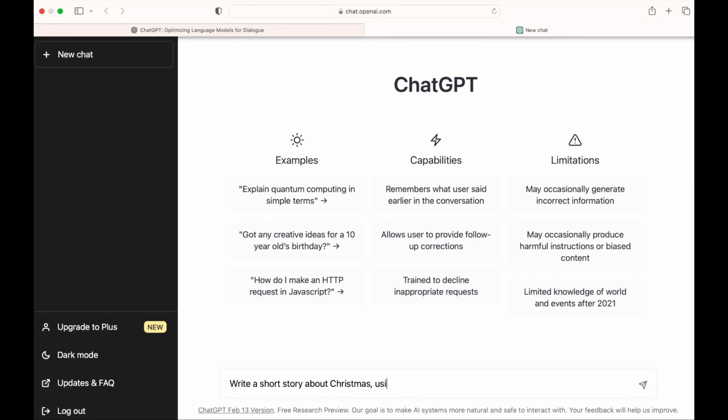Basically, prompts allow you to interact with this AI-based model in a variety of ways, including educational, informational, entertainment, or for creative writing purposes. In order to better understand this, I would share some examples on how these prompts work, and would also share some tips and tricks on how to interact with this ChatGPT in the most effective and efficient manner. In my first example, I'm instructing ChatGPT to write a short story about Christmas using a minimalistic writing